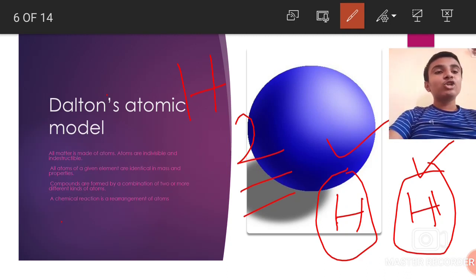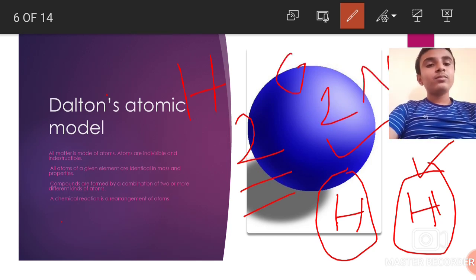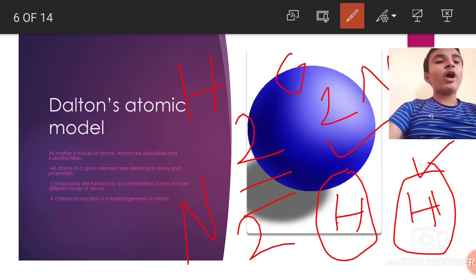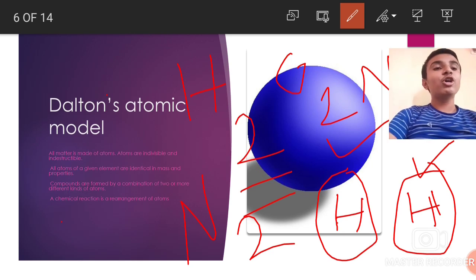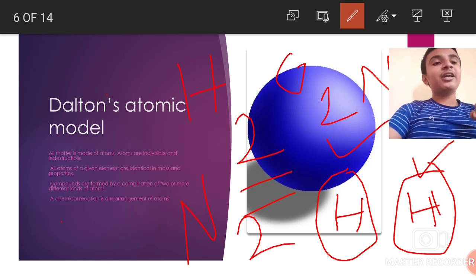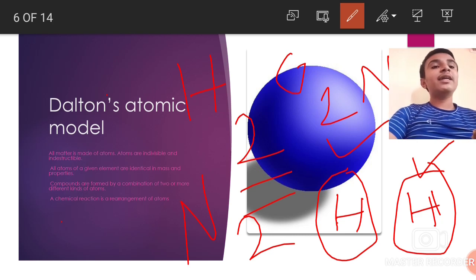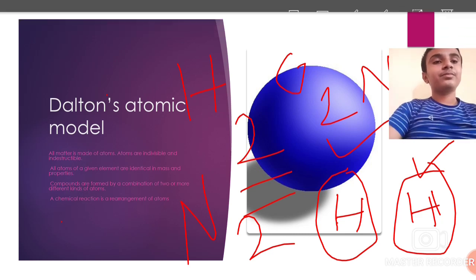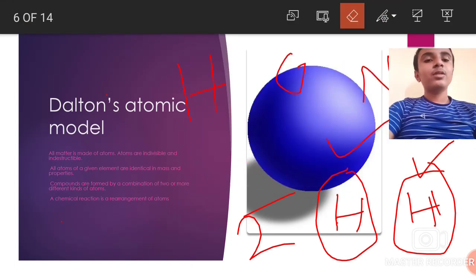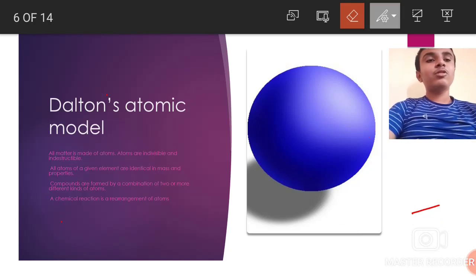They are identical. So he stated that whether the element is O2 or N2, nitrogen, oxygen, all the atoms combine to form these elements, their molecules. So the atoms which combine to form molecules of an element are identical. The atoms of all elements like hydrogen, oxygen, nitrogen are all identical. Let me erase this. Okay, friends.